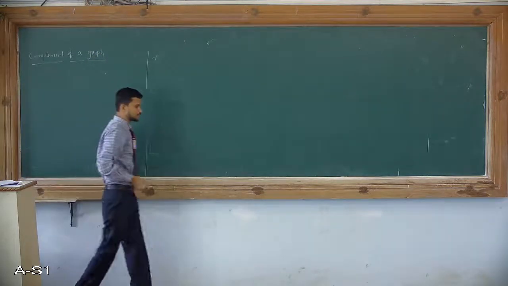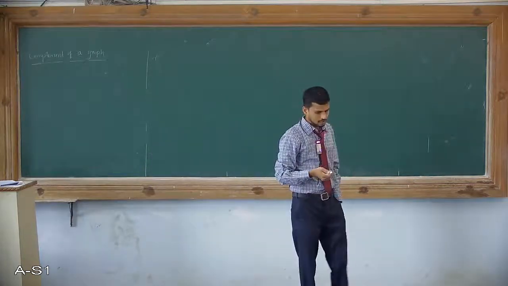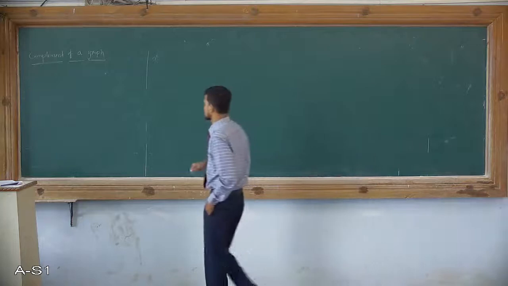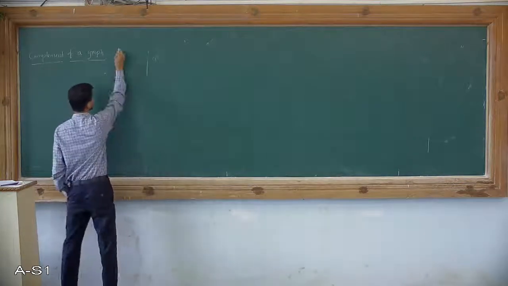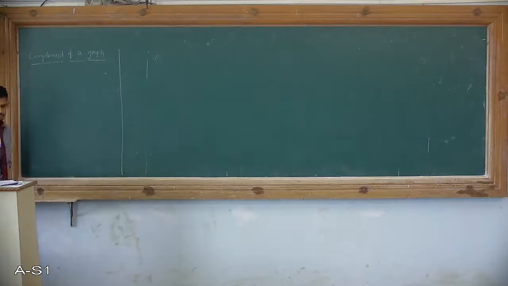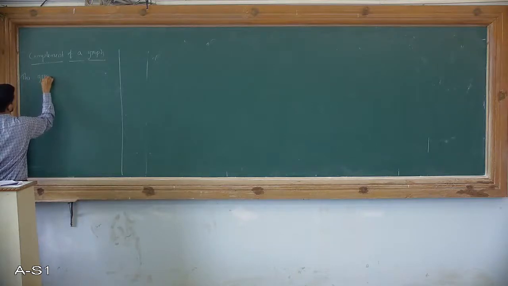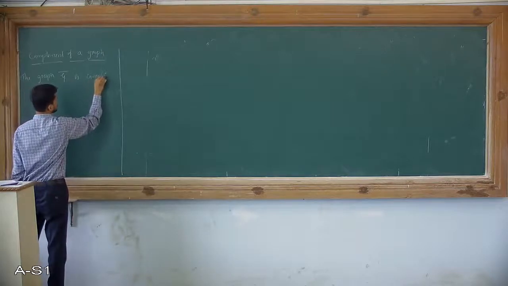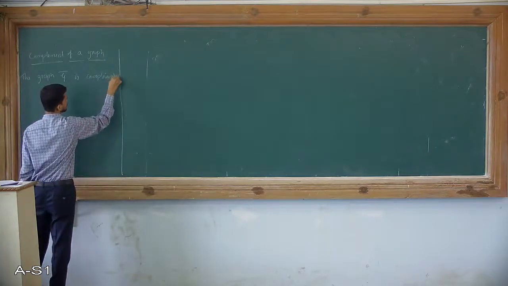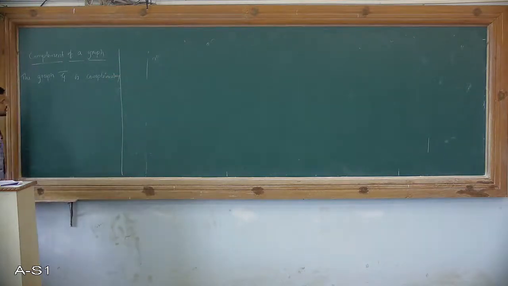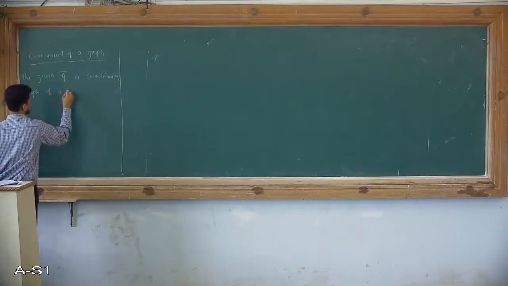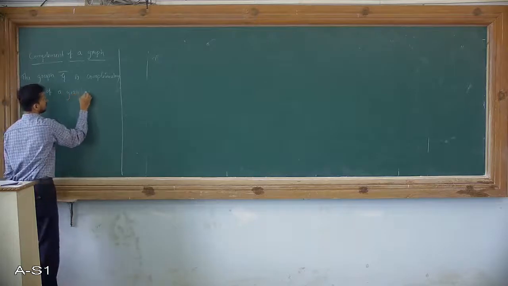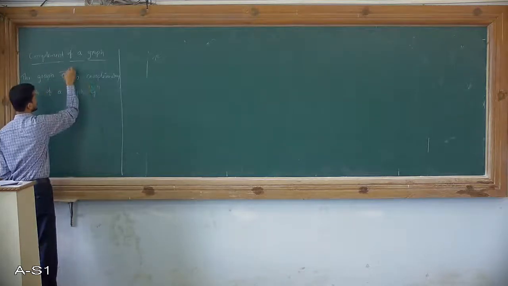So you can say it is a complementary graph also. First I will write down the definition, and then I will explain by taking up an example. The graph G bar is a complementary graph of a graph G if